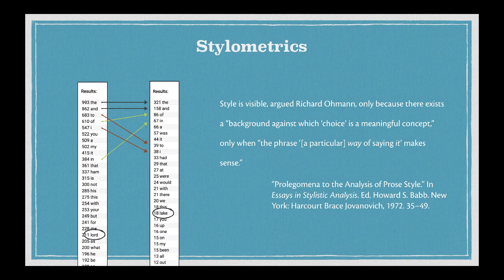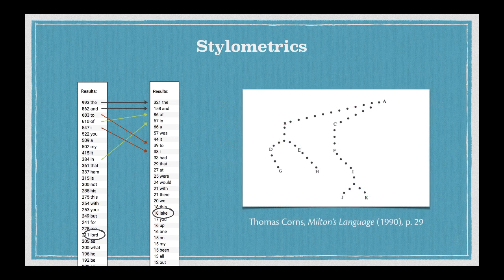Choice here is really the operative function of literary style, word choice and diction. Richard Ullman suggested that you can only really see style where choice happens to be a meaningful concept for an author. So what I'm interested in is what kinds of choices are available at deeper grammatical structures of language, where you have to put things together in certain patterns. We have to have certain kinds of inflections. We use nouns and verbs and clauses and phrases, and we put in punctuation in particular ways where everybody kind of knows the same rules.